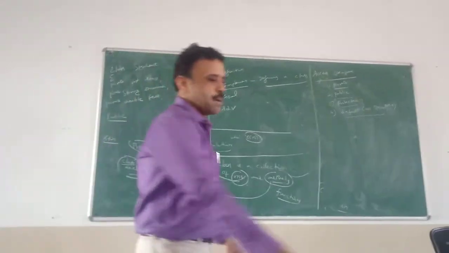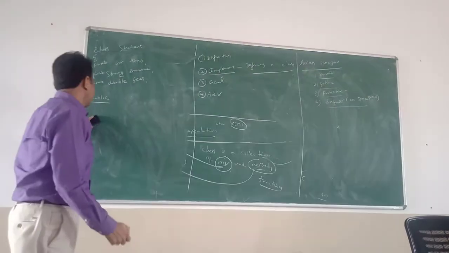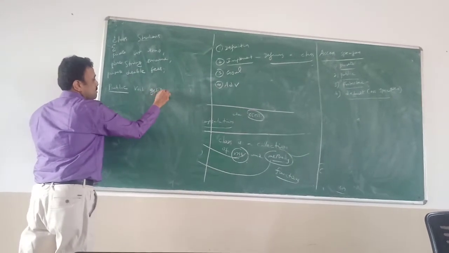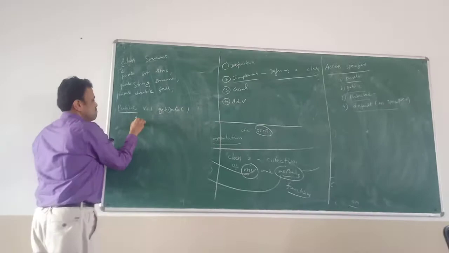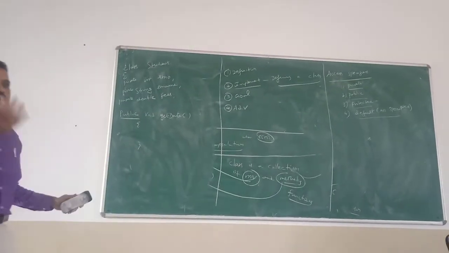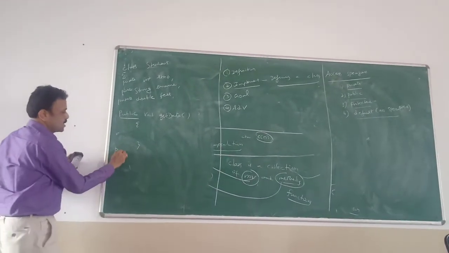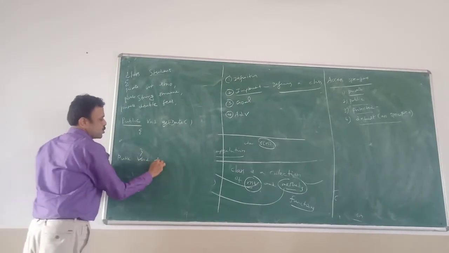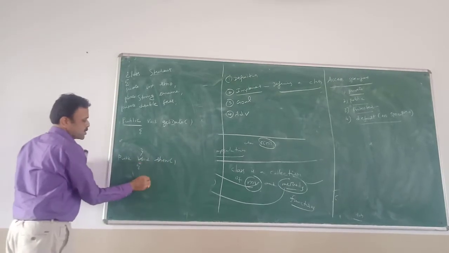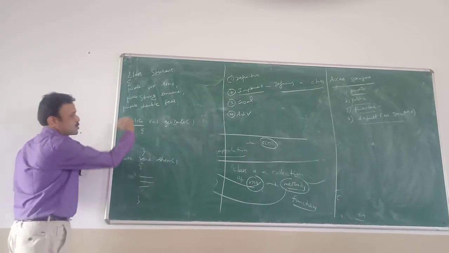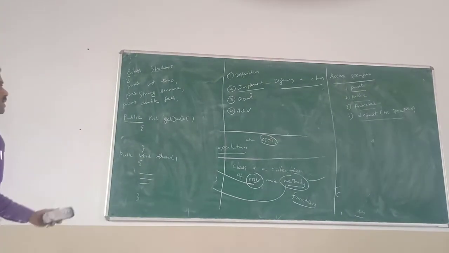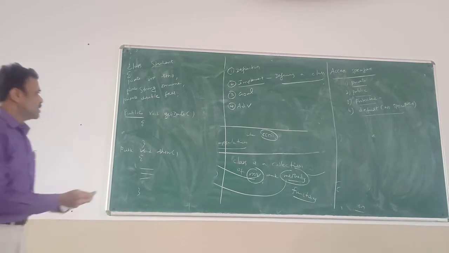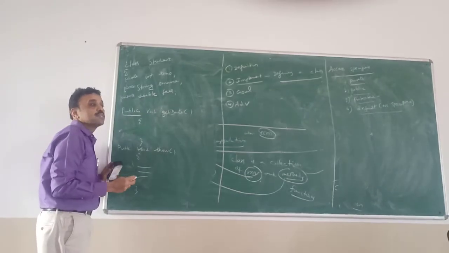Now I need to write methods. So when you talk about methods, we define 2 methods here. One is public void getData. This is one method which is going to get the data. And another method I want to write is public void show, which is going to show the student information. So how do you get the data? Let us assume the end user is going to give the data. So for that we need to use the Scanner class.